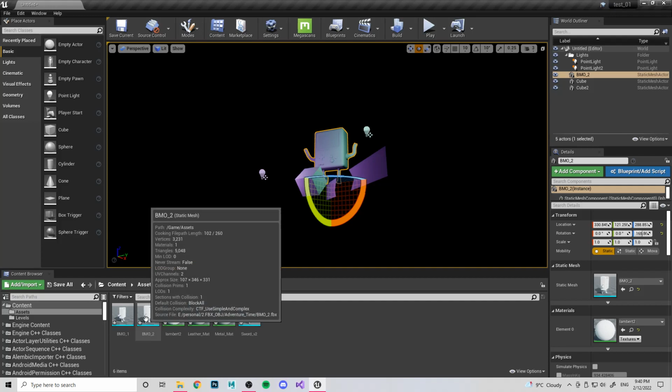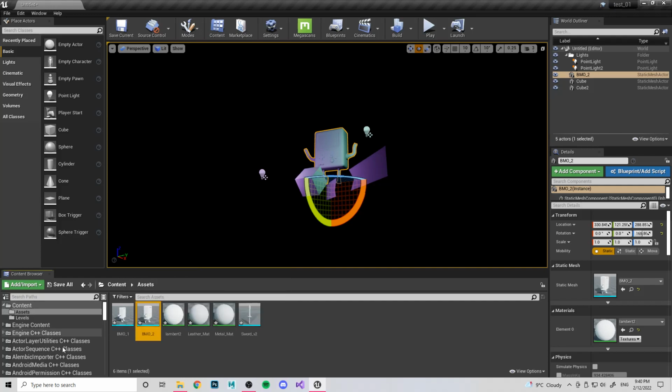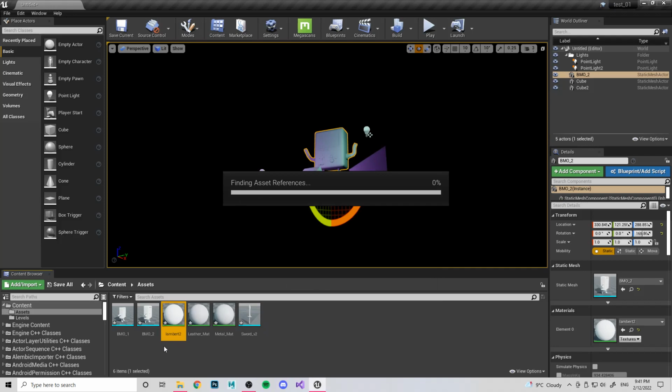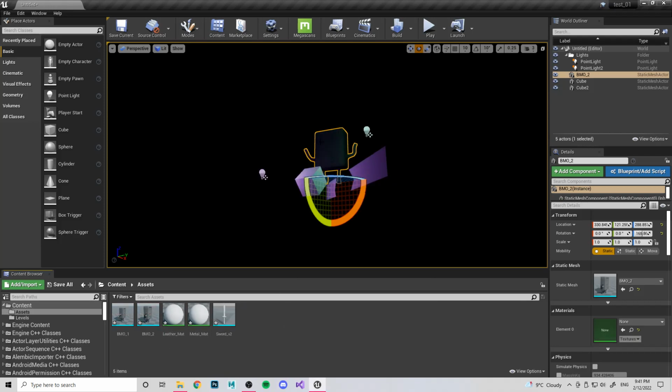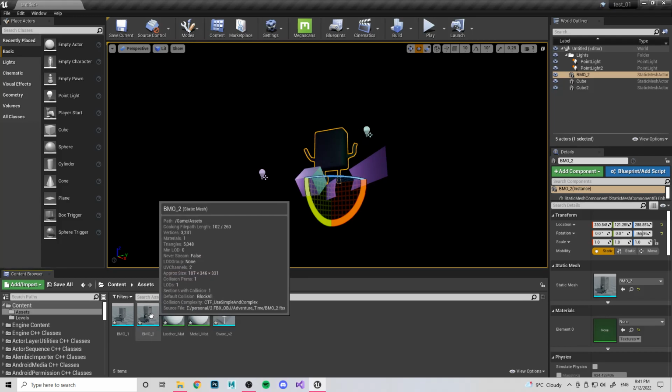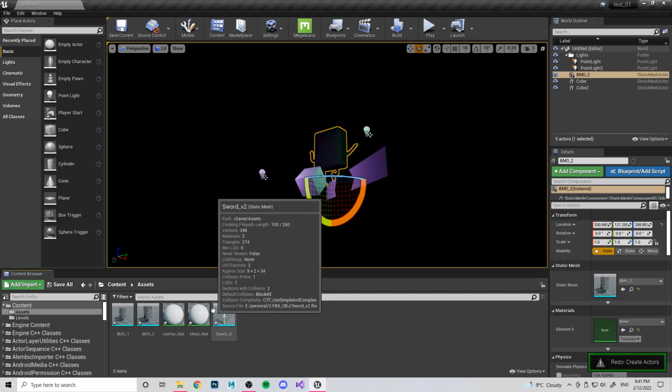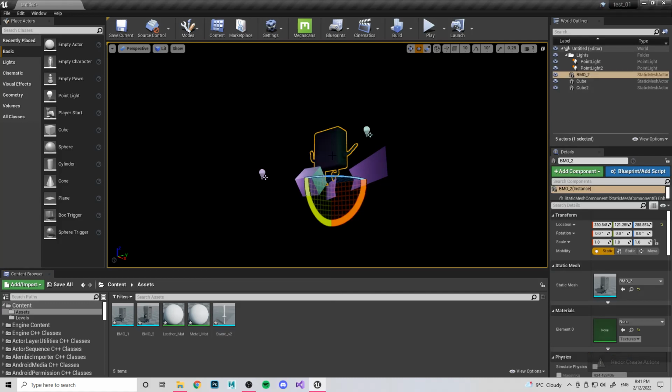Cool. So yeah, when you bring in a model, it'll bring in the materials if you have them. If you don't, it'll bring in a Lambert. You probably don't want a Lambert, so we'll just delete that. Lovely. Once we deleted it, because obviously Lambert was on this material then. When we click him,